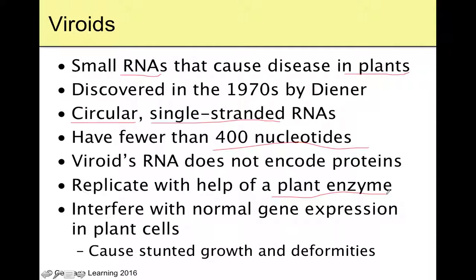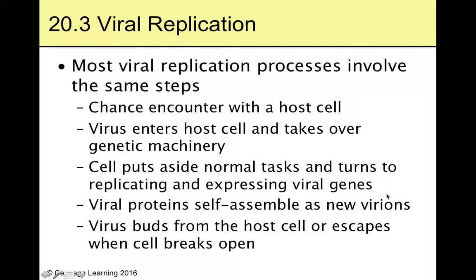And so, of course, the plant's not going to grow as tall. It's not going to be the shape and function that it ought to be, and the plant gets a disease that way. So even a very small molecule, like just an RNA in the case of a viroid, or just a protein in the case of a prion, can cause diseases. Viroids, just plants. Prions, animals, maybe humans with Creutzfeldt-Jakob, and probably plants. I don't know. I'm not sure about the plants actually.